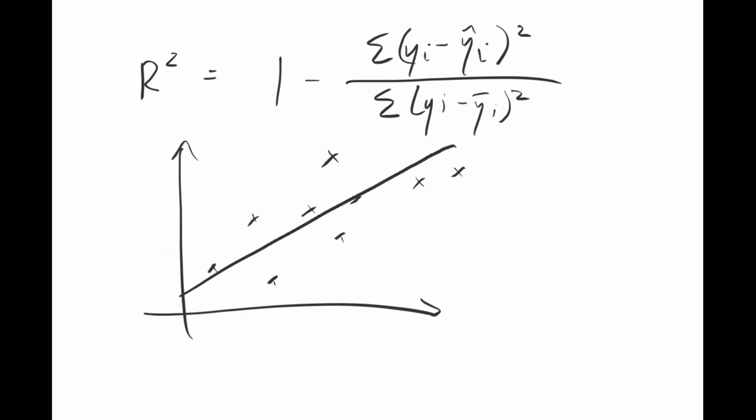Okay, and I can figure out the errors up here, and then what this bottom denominator is showing is the difference with the mean value of y. Okay, and so if I take the average of all my points, or the average across the y's, nothing to do with the x's, and I plot like that, what you'll see is that I have one set of errors which are in the numerator